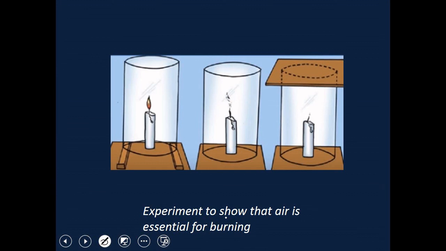Children, in this experiment, we have taken a lighted candle. We have fixed a lighted candle on the table. So this is a lighted candle. After that, we will put a glass chimney over the candle. And in the first case, you can see here we have a few wooden sticks. So in the first case, we have taken a lighted candle first. After that, we placed a glass chimney over it. But in the first case, the glass chimney was placed over the blocks of wood.